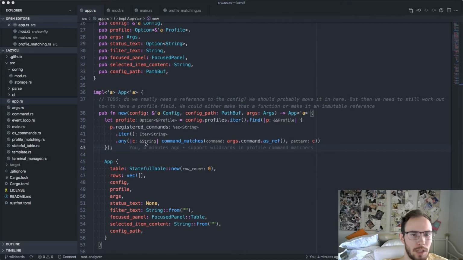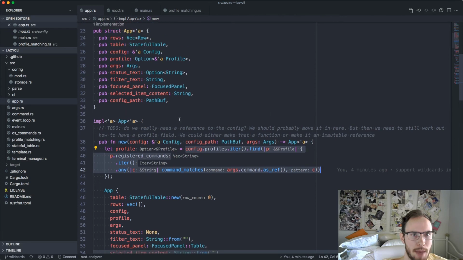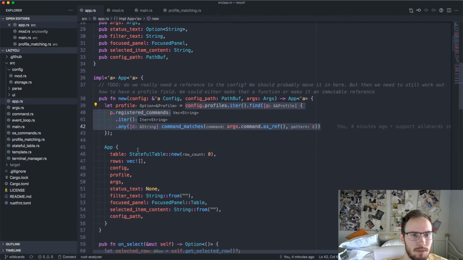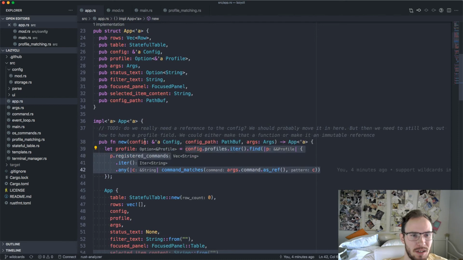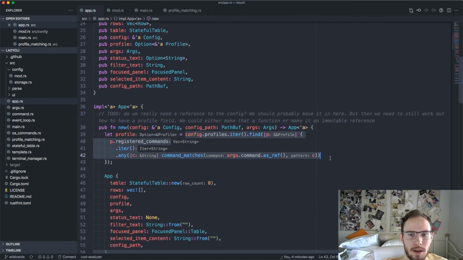I'm just going to make a corollary to that last video, which is that looking at this code here, I feel like this whole thing probably doesn't belong in the app struct, I think you call it. It's basically a class, but I'm thinking that this is really just a function of the config and the command that you have. So really, I feel like the config should be able to just tell me, get me a profile matching this command. So what I'm thinking of doing is I'm just going to copy this,